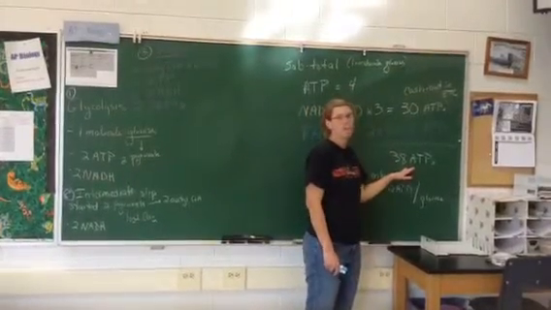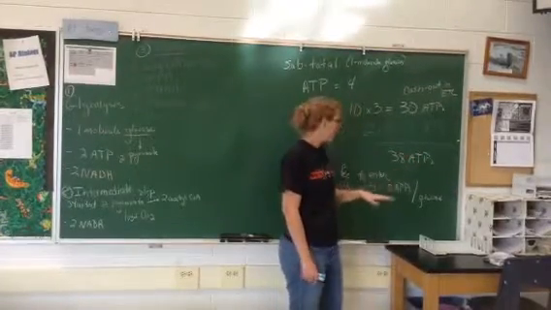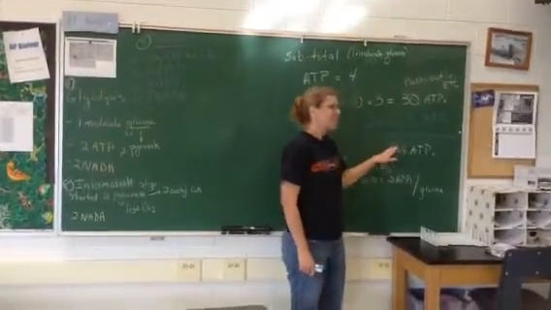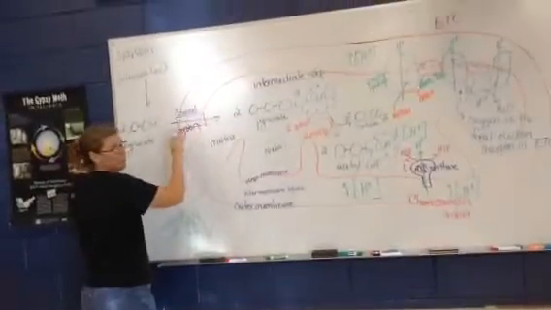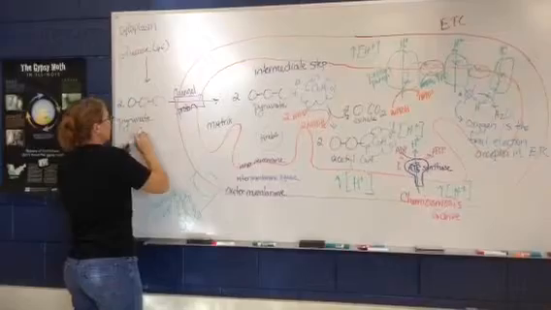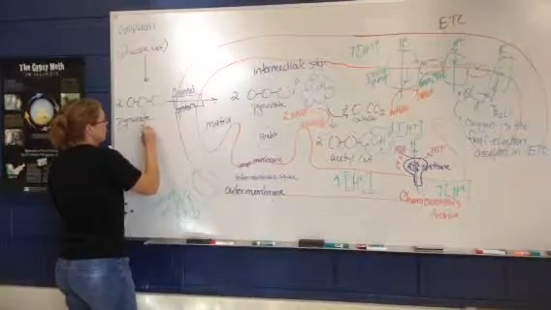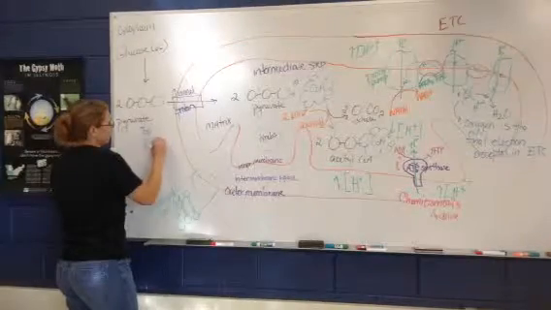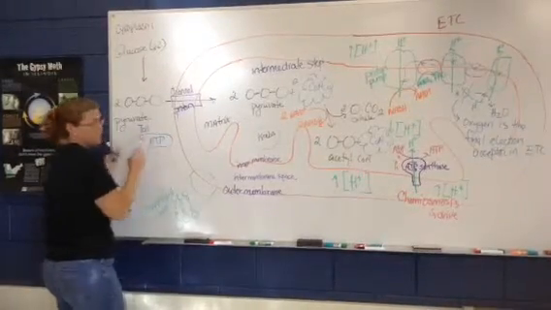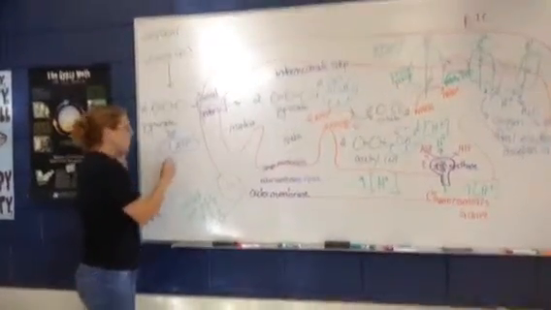Now this is where you get that discrepancy. Remember I said some folks will say 36, some will say 38, because there is a fee over here. So it's kind of like being in Illinois. There's a toll here. And for every molecule of pyruvate, there is a toll of 1 ATP. So we actually use 2 ATPs because we have 2 molecules of pyruvate, which is where you get that 36